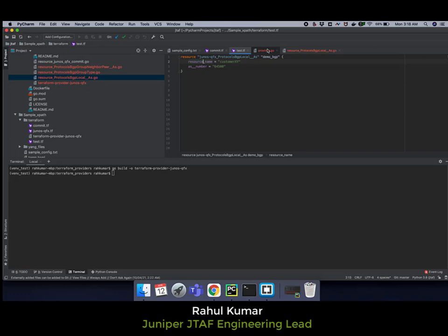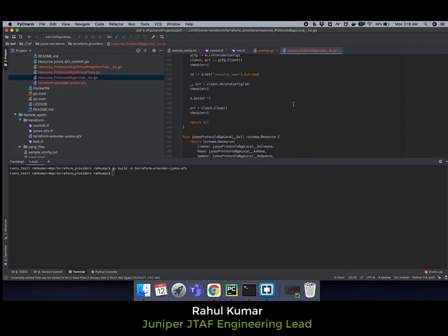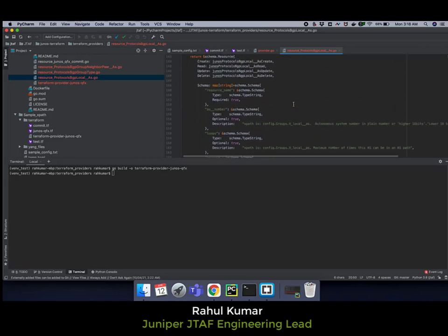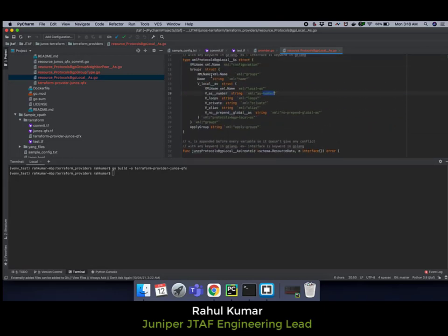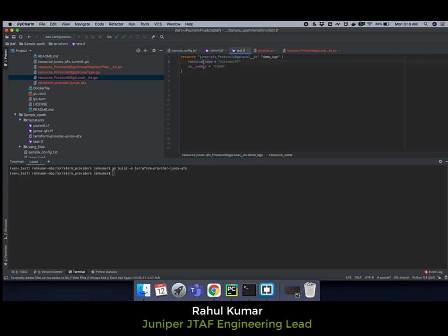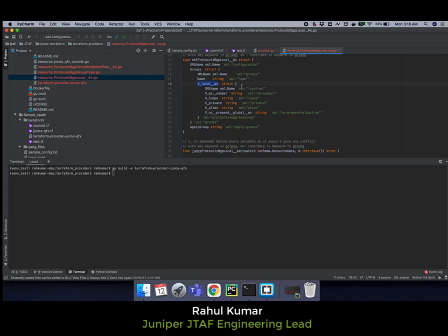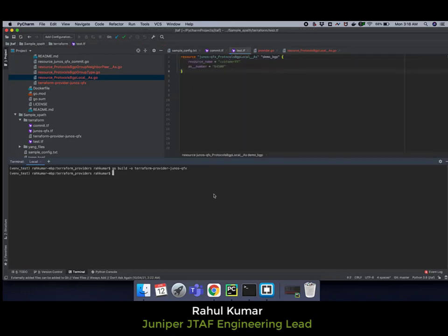The other details can be found in the generated provider itself. As you see, the only thing it has is this name. For groups, it will be taken as the resource name, that is the first entity. The local AS is a container, it is not a list, so we can directly give the AS number here. That's what I've done. Now this has only four files: the binary, the device details, the commit file, and the test.tf.